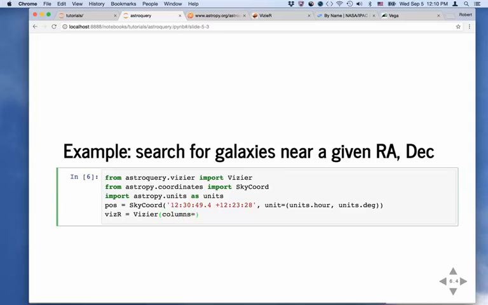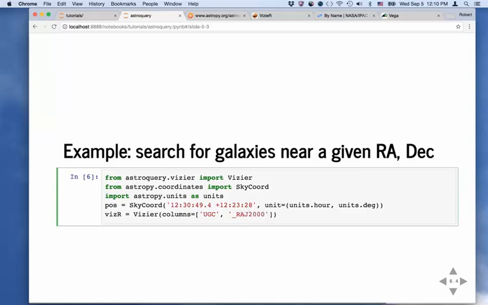Okay, so I'm going to do a query. Let's say we think this is a galaxy. So I'm going to query a catalog called UGC, which is a catalog of galaxies. And I know in this catalog there is a column called UGC. That's the catalog number for each object. And I'm also going to query the RA index. So I could just use RA. I think there's an RA field in there. But I'm going to do something different. I'm going to do underscore